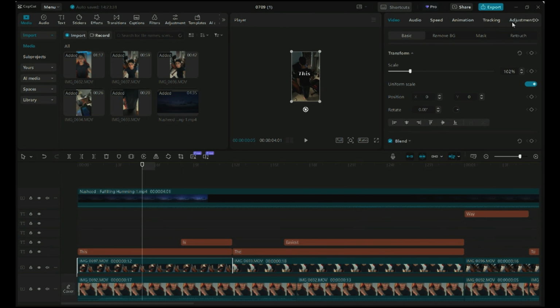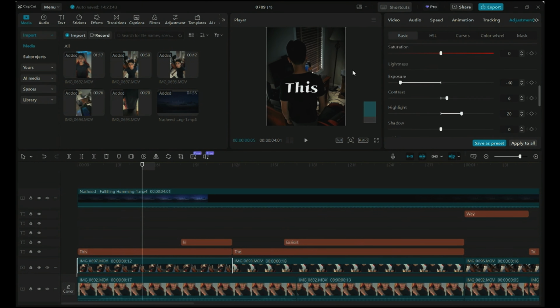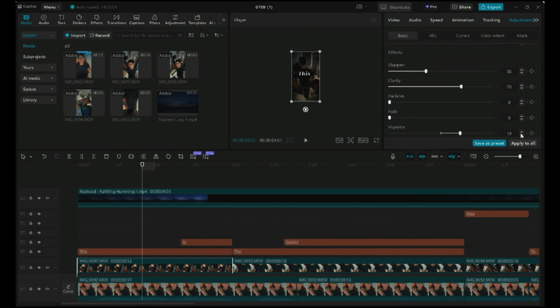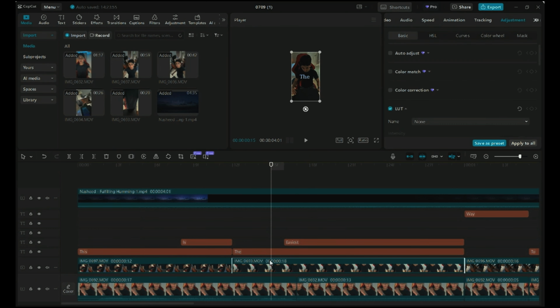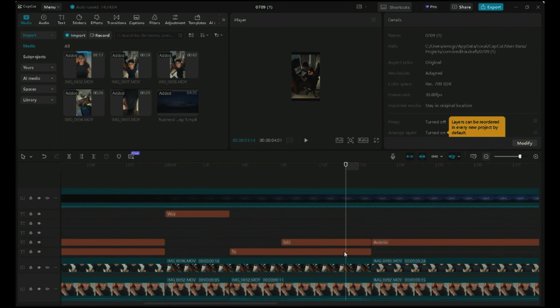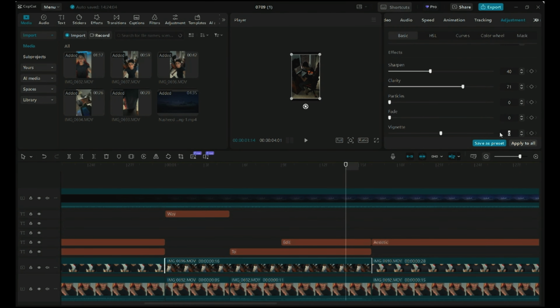So now this part's really important. We're gonna put a vignette. I don't know if I said that right. On all of the sides, I like to put it usually up to like 20 because this gives the video a really nice aesthetic look. And then you know what? Let's put more of a vignette on here. Let's put it up to like 20, 25. That looks great. And then here, let's put this one up to 25 as well. It's right at the bottom, 25. And then you just don't want it to be too faded to the point they can't see anything. But this one, let's put a vignette. Now this one's gonna look really good with the